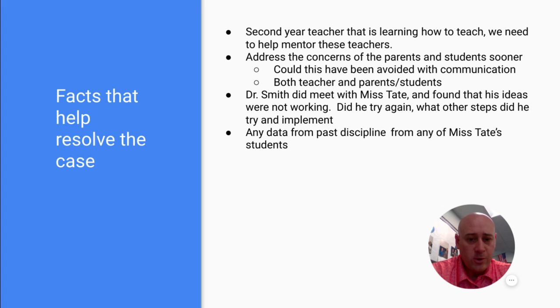Did Dr. Smith meet with Ms. Tate after he implemented or had her implement some of the ideas and they weren't working? Did you try again? What other steps did you try and implement? Some things we need to know. Hopefully we've kept data logs of the students in Ms. Tate's class to see if they've done anything else similar to this or have been in trouble before with disrespect